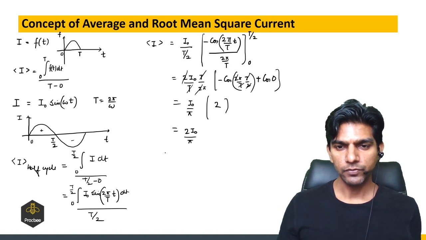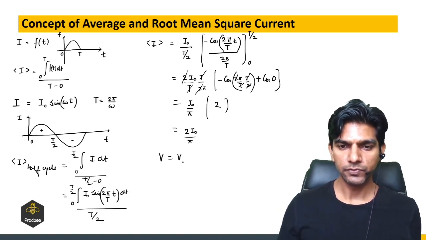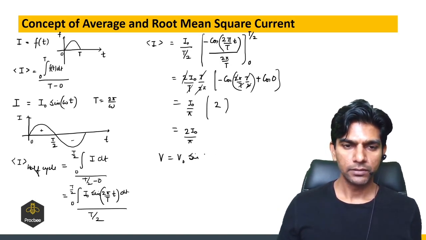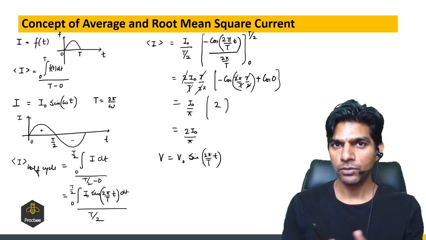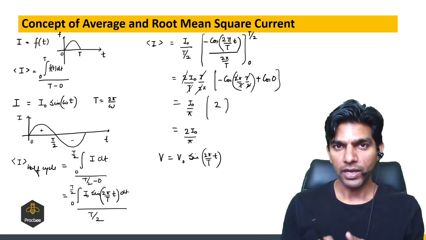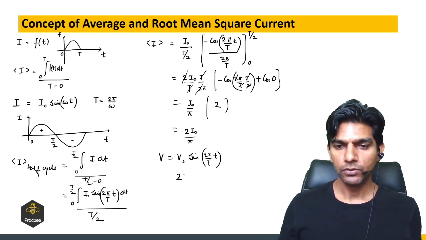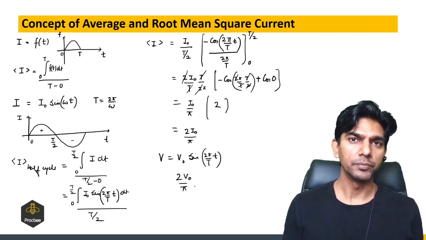So if we have a given voltage, let us say V is given as V naught sine 2 pi by capital T times small t, the average value of this function over a half cycle will be 2 V naught upon pi. So that you can remember. Now let us see the concept of